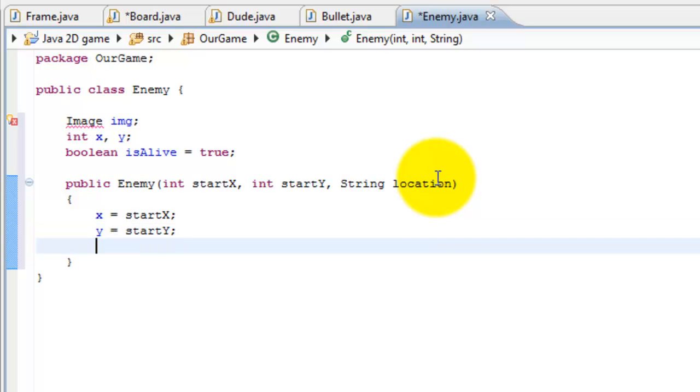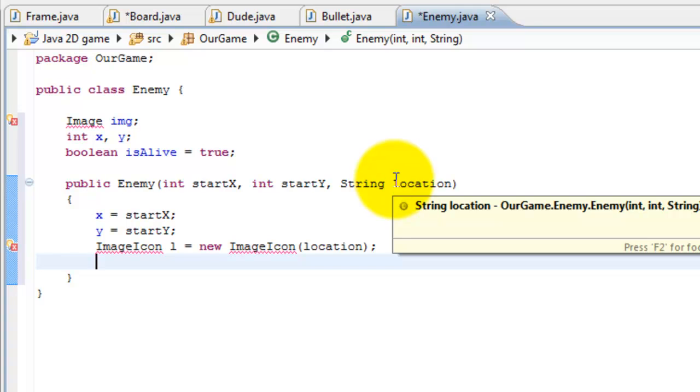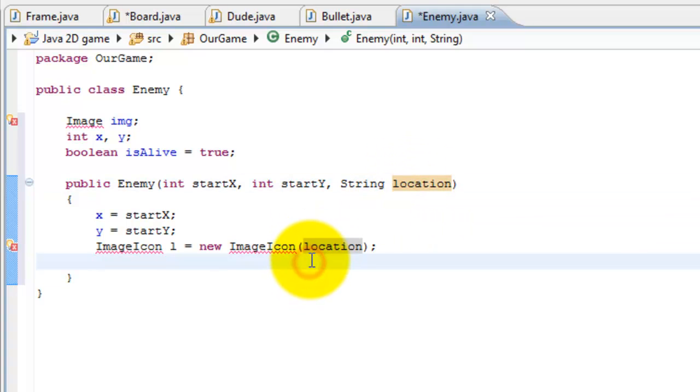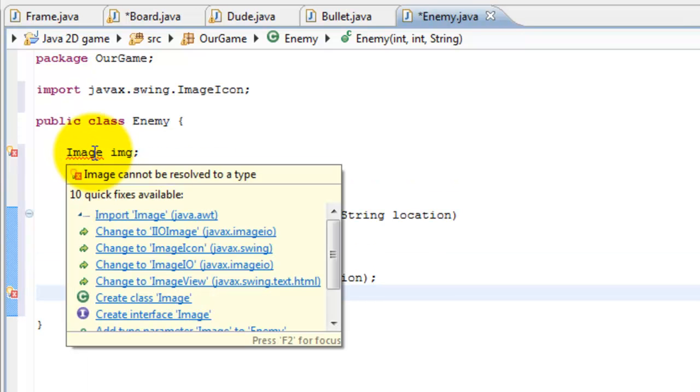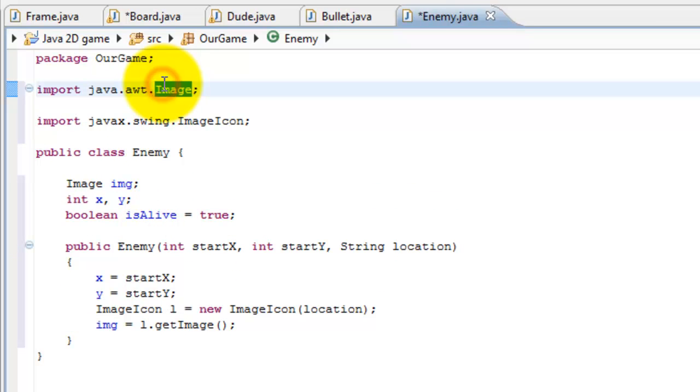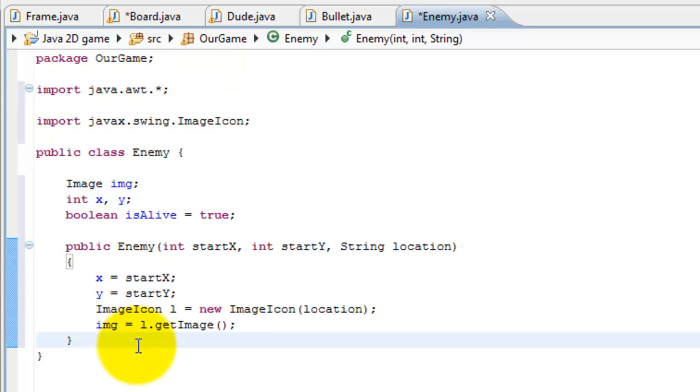and we're going to go ahead and do the same thing we did in the previous class of bullet. ImageIcon l is equal to new ImageIcon, and we're going to use the location here. So location is preferably going to have like c bullet.png, and we're going to go img is equal to l.getImage. So we import all the stuff that is necessary for this, and so now we've initialized our enemy, and we've set his startX and his startY,